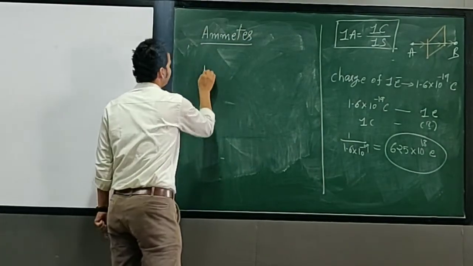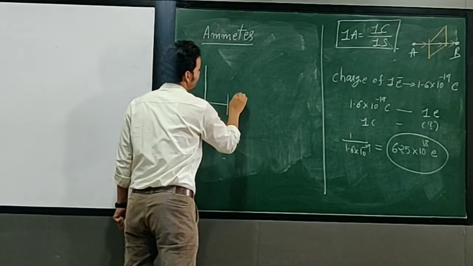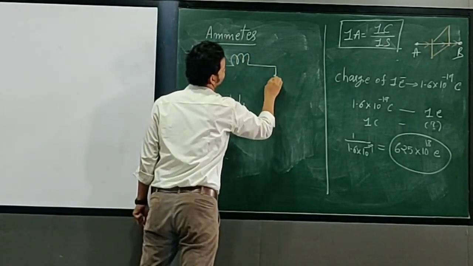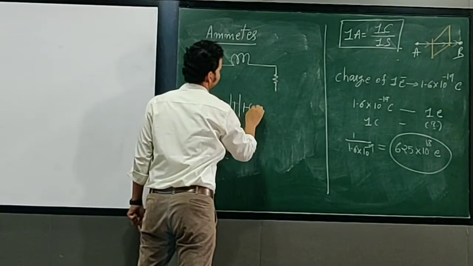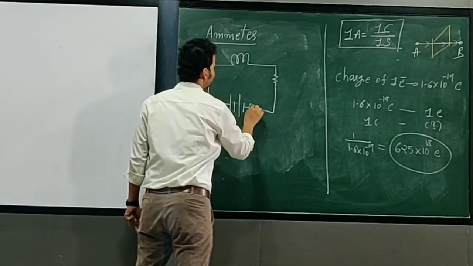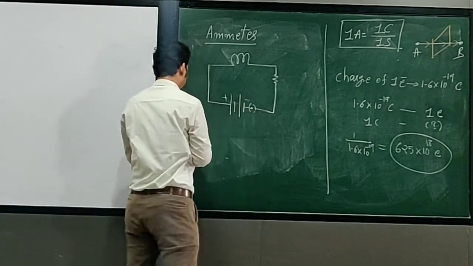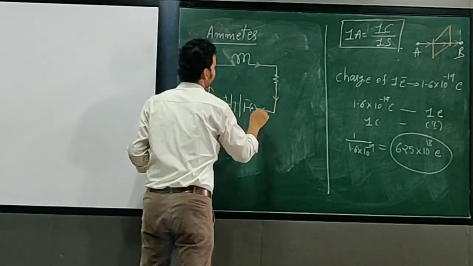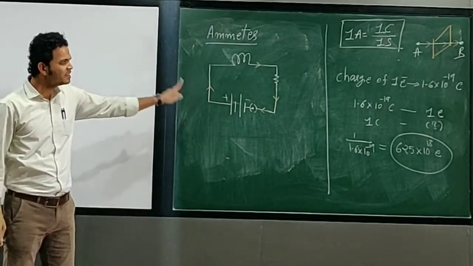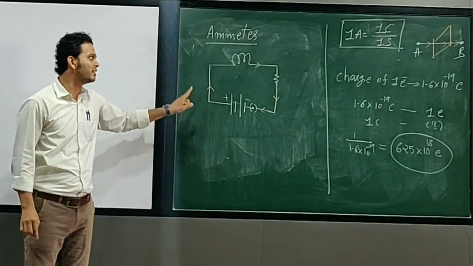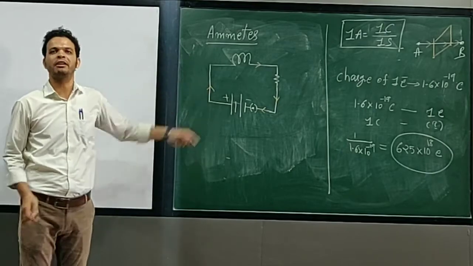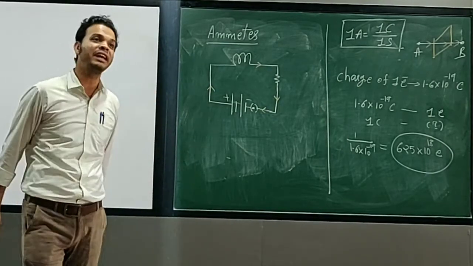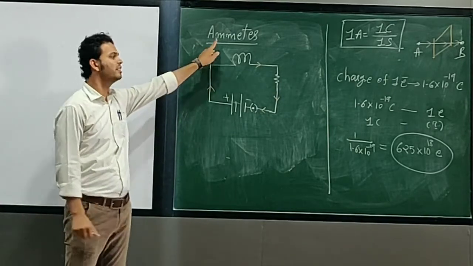Through a circuit diagram, let's say this is a battery, this is a bulb, this is a kind of resistor, this is a key. So the circuit is connected, this is positive, this is negative. From positive to negative, the current is flowing. But in this circuit, if I want to measure how much current is flowing, whether it is 0.1 ampere, 1 ampere, 10 ampere or whatever the value is, then I have to connect the ammeter.